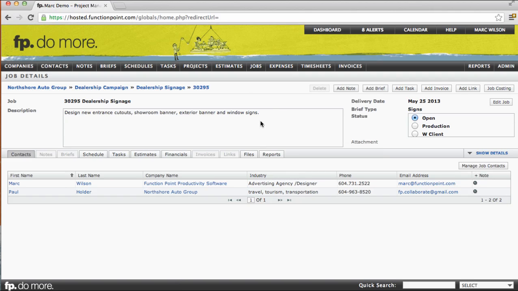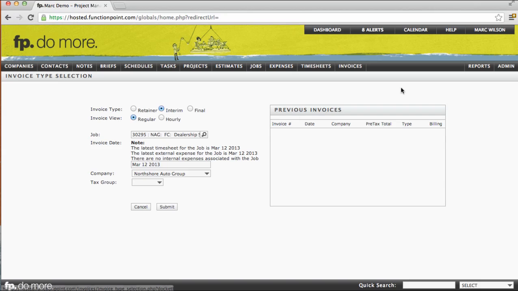From the job's details page, you'll notice in the action buttons in the top right corner is an option to add invoice. Select Add Invoice, and that brings us to our invoice type selection. Here we can choose if we're needed to create a retainer invoice, an interim progress invoice, or a final invoice. Selecting final will automatically change the job status to invoiced and will close and archive the job. You can always open it back up again later, but if you need to keep it open for now, select